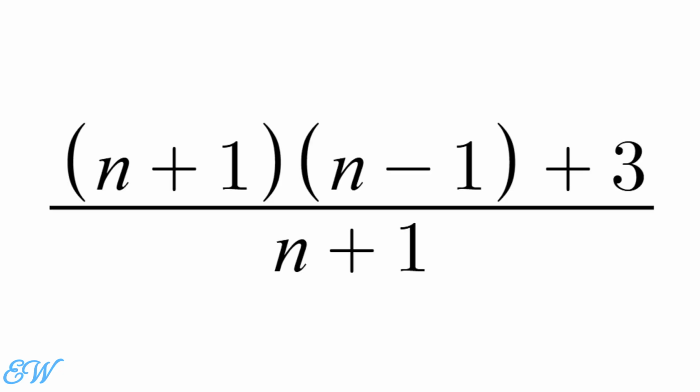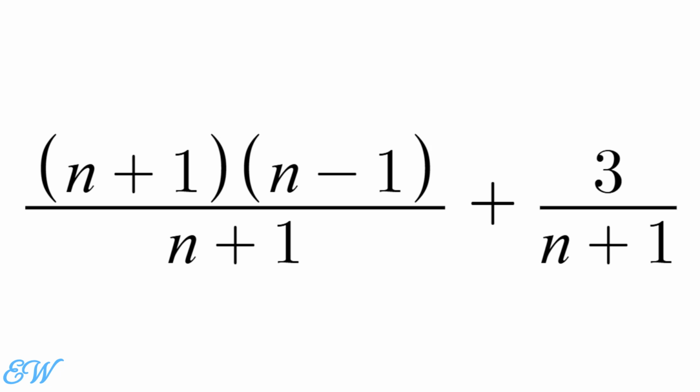Now, we had to solve for when we divide n squared plus 2 by n plus 1 and get an integer. So this is equal to n squared plus 2. So let's just divide this whole thing by n plus 1 and see what we get. Now, we can split this into two fractions, and the second fraction is more important right now because it states that 3 over n plus 1 is added on to the first fraction. That means that this second fraction must also be an integer, meaning that n plus 1 is a divisor of